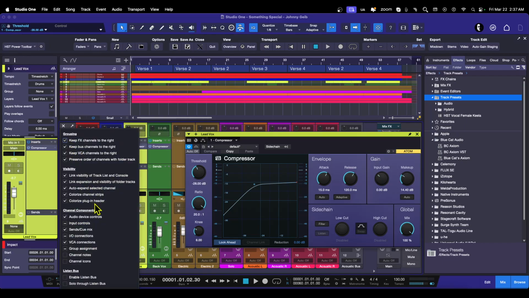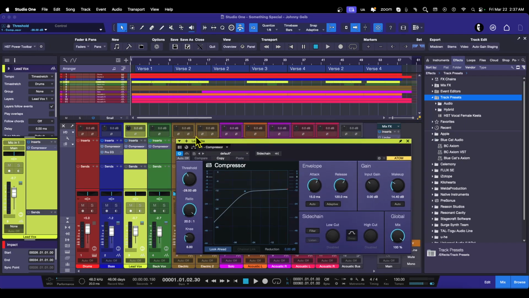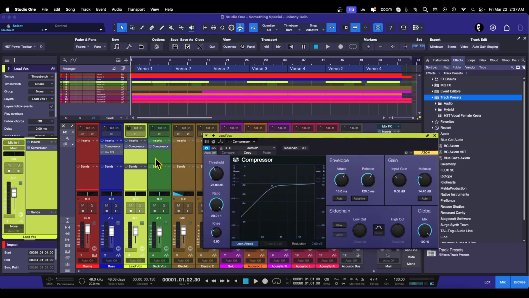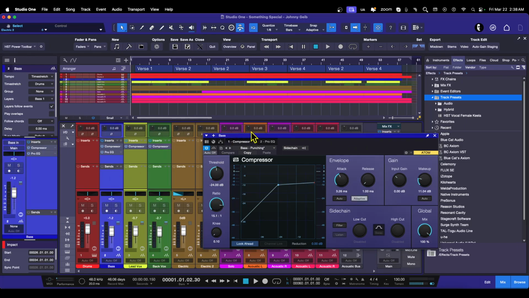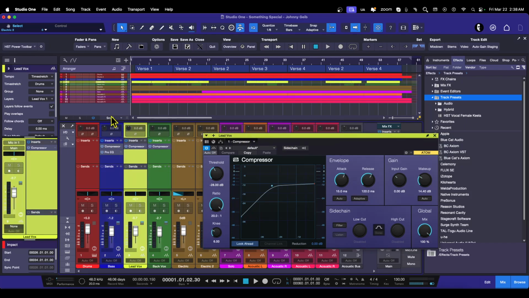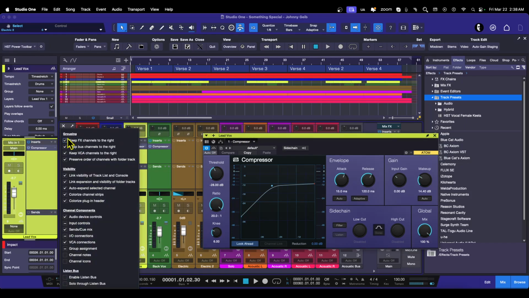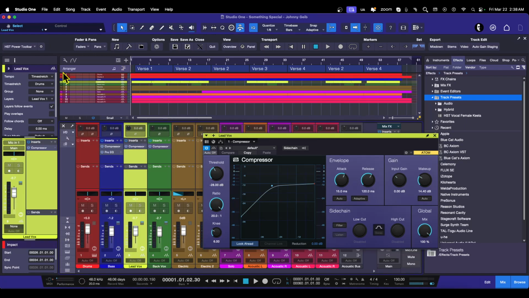So this one is also quite cool to be able to activate, because this actually confirms that you're on the channel that you want to actually make adjustments to. So you got the green one. If I go to the green track, you can see that well, it's not a very good green, but it's green. Or go back to the blue one and it changes to blue, yellow, and so on. So I would say for visual, especially if you like working in a room with low light, this is really nice. Colorize the channel strip and colorize the plugin header,